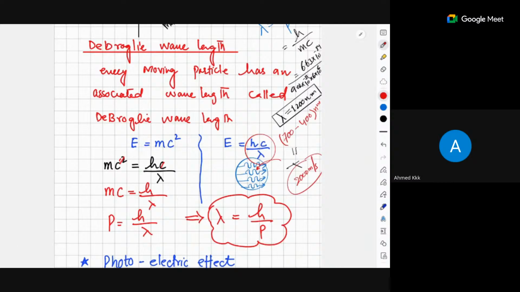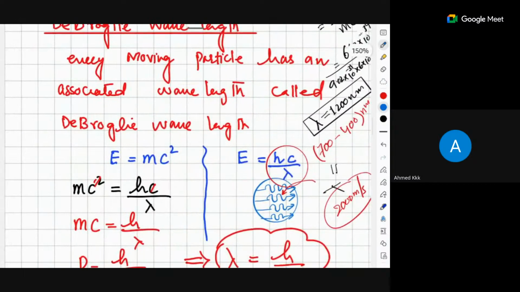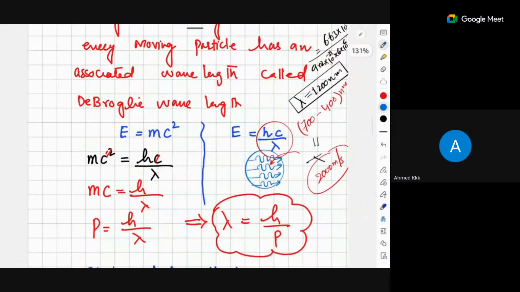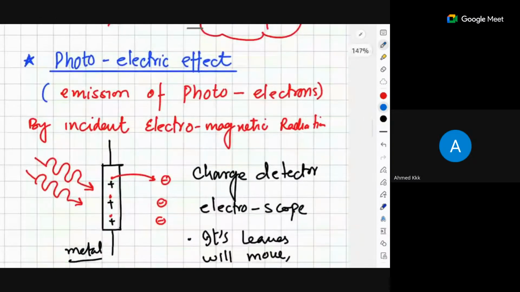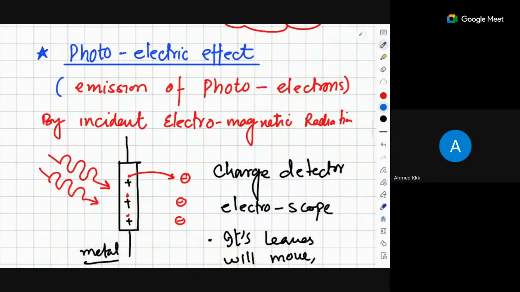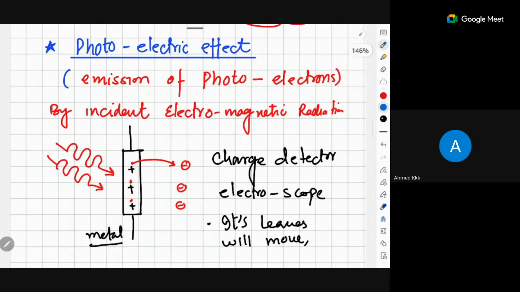One more thing: why in ordinary life we don't observe the diffraction is because for these big macro particles, we do not have that lattice space which can cause the diffraction there. So there are several facts and factors about this. I believe that when we discuss them in detail in the past paper practice, it would be clear to you. There would be more details in the question. I will try to send you some worksheets regarding this also, so that we can handle the questions.